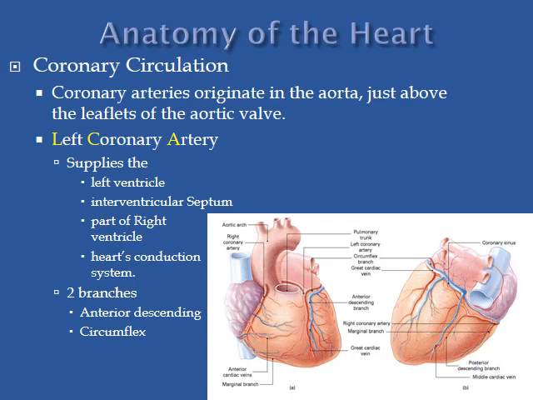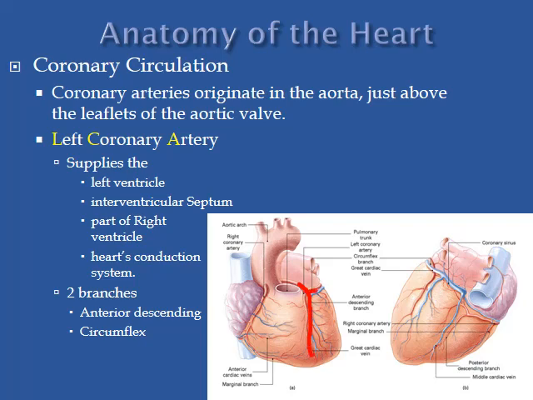All right, the coronary arteries start in the ascending aorta on the left and right side, just above the leaflets of that aortic valve. The left coronary artery supplies blood to the left ventricle, the septum, part of the right ventricle, and part of the heart's conduction system. The two branches of the left coronary artery are the anterior descending, and